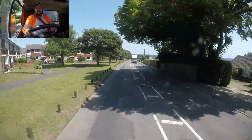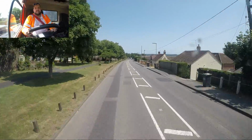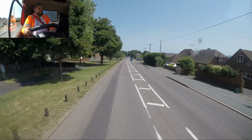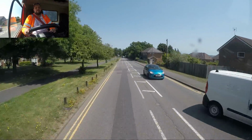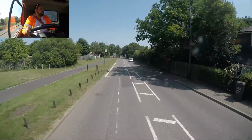That's a nice RV in that house. Another training vehicle. That's 3 training vehicles we've seen now. So I think it's pretty safe to assume that there's a training centre around here somewhere. So be careful for the training vehicles. Give them extra space. Allow them time to manoeuvre. Don't rush them, because they might be on a test, so you don't want to fail them,